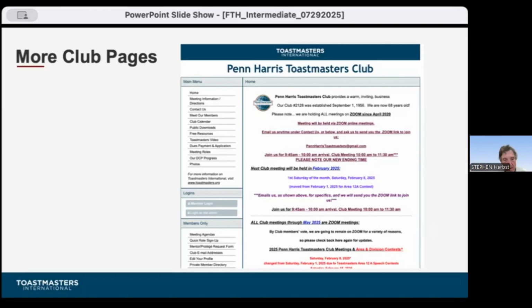Club, 7 different people who are officers in the club. So what happens is when 2 people want to share a job of being an officer in the club, like you have 2 people that are VP of education or membership or PR, well, one person's the official one that's mapped to Toastmasters International. Right. You can only have one at a time. One can support them. Right. But on this site, Free Toast Host, you could have 2 people doing the same job.